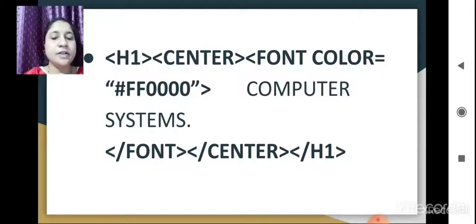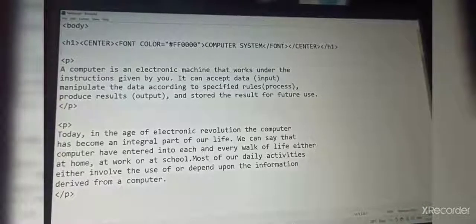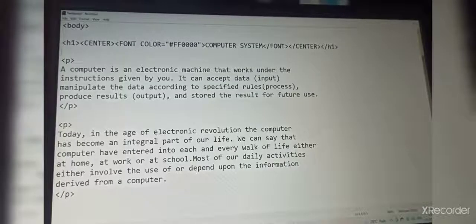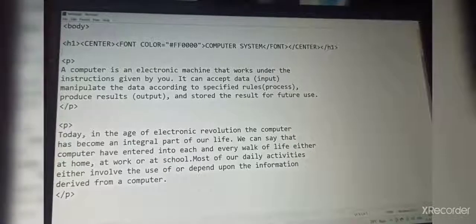So, got it? How to change the color of any part of a text? Yes. Now we are going to change the color of a part of a text. So here we are going to change the color of a heading.